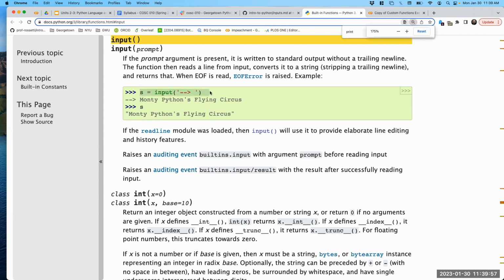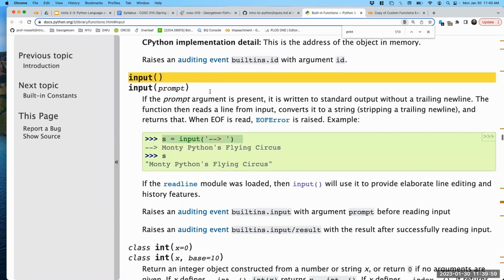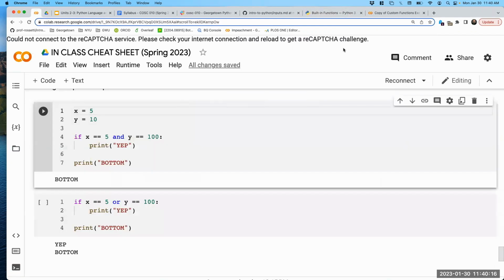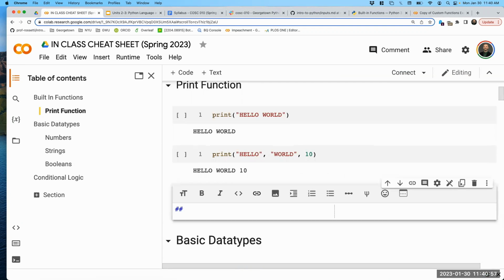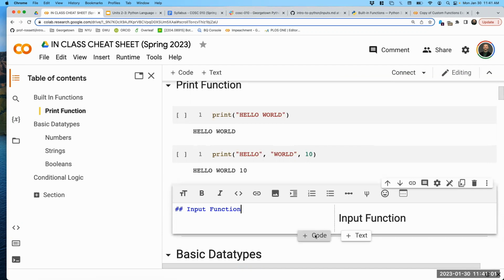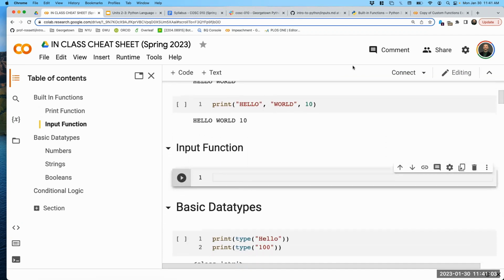So let's try to implement this example in some kind of notebook, maybe even just in our custom functions exercise notebook that we were working in previously. Or maybe actually I'm going to add it to our cheat sheet. So I'm going to add this to our cheat sheet. So if we adapt this example that we find in the docs,